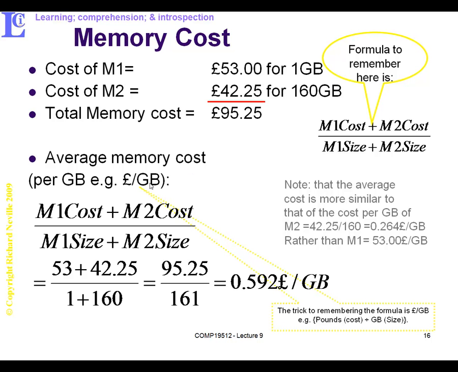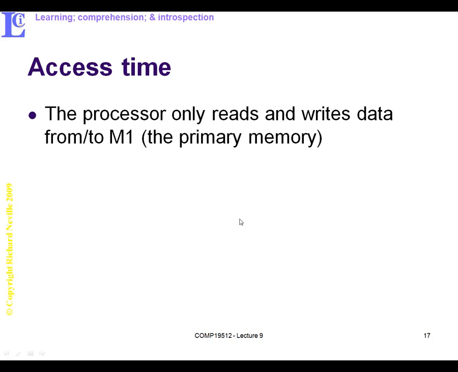Now what we're going to do is move on to the other specification factor for a memory, which is access time. And that relates to reading and writing data to and from the primary memory. And we're going to remember the naming convention is M1. So,